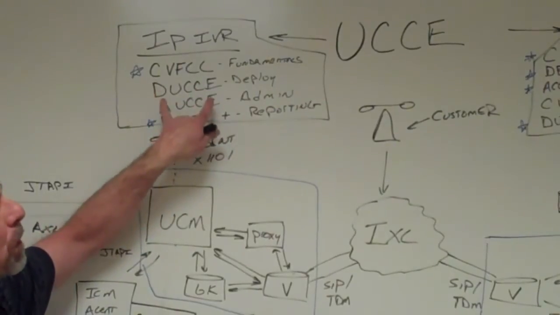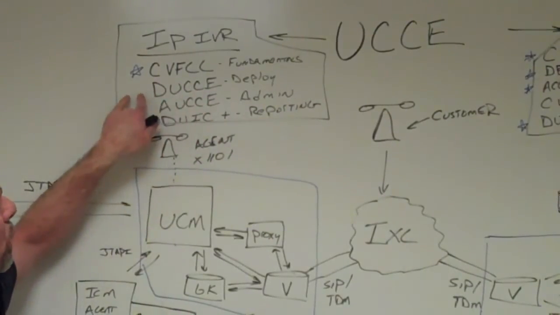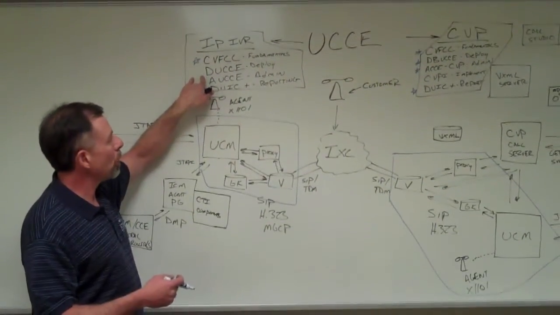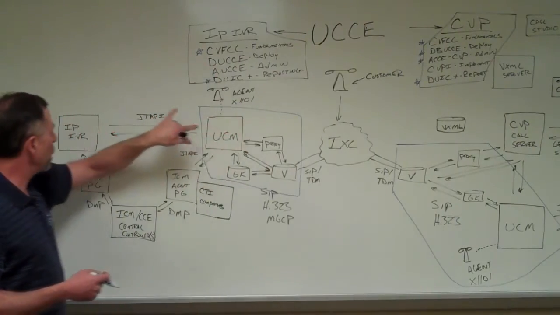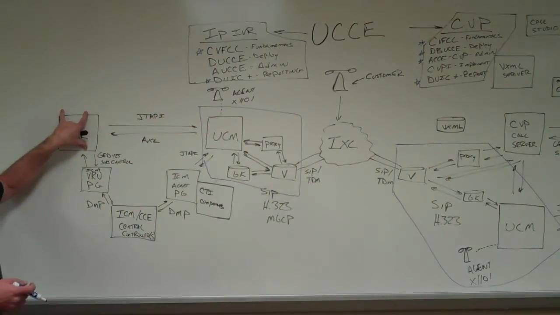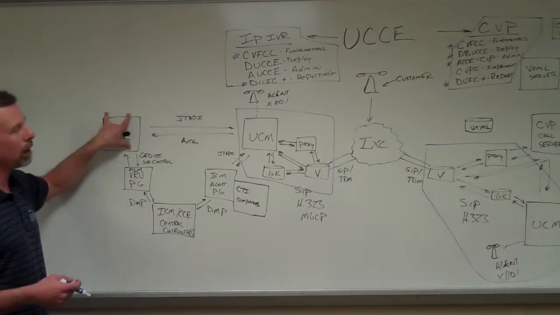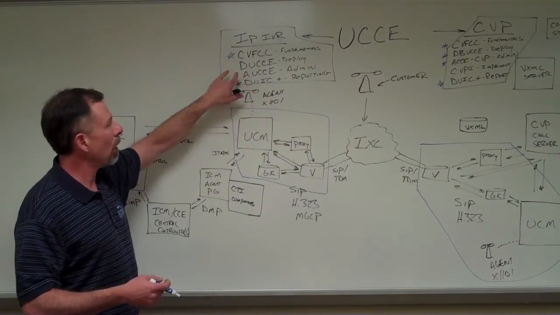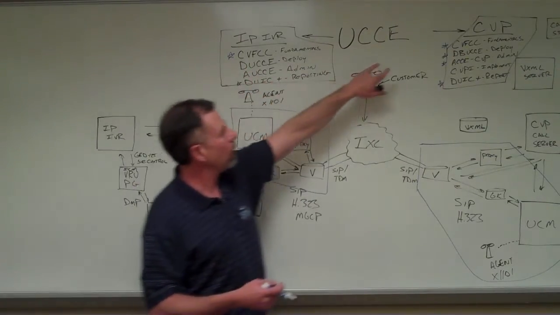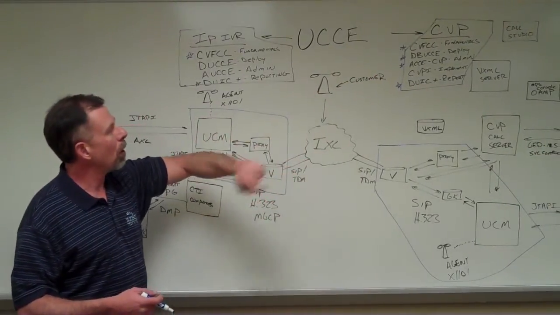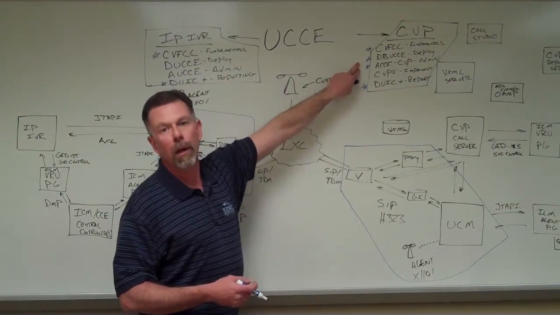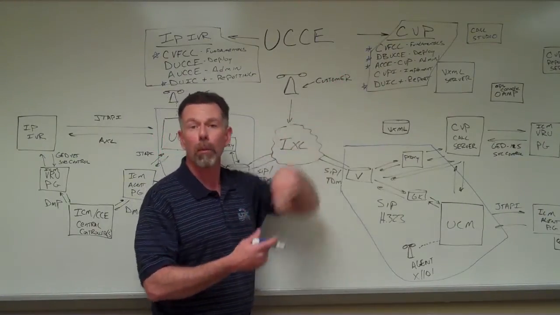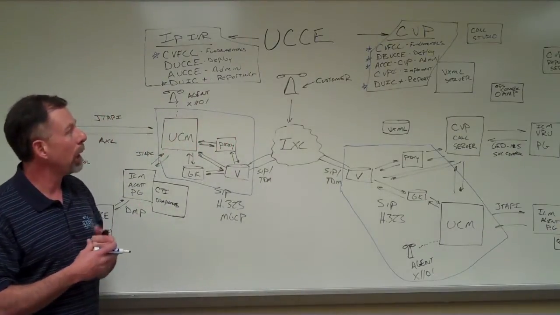And really the main difference here from your perspective is this deploy course and admin course that are off-the-shelf courses from Cisco. Those are great courses, but all they focus on is using IPIVR over here as a routing client. So those of you that have CVP as a routing client, you'd only really get half the picture over here if you actually took the off-the-shelf Cisco offering. So really what we've done, everything over here kind of outlined in a blue star, really indicates to you these are customized Cisco courses that we at Sunset Learning have developed. We're a partner and a developer partner with Cisco, so we have liberty to make our own courses up.